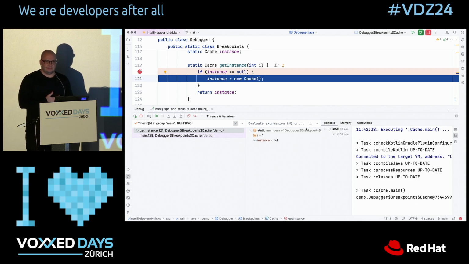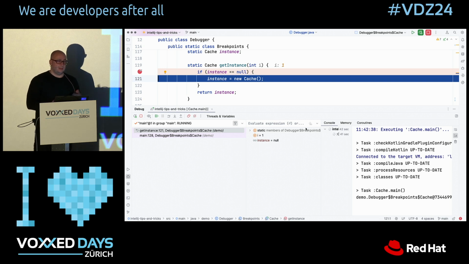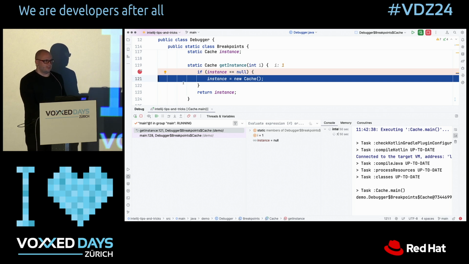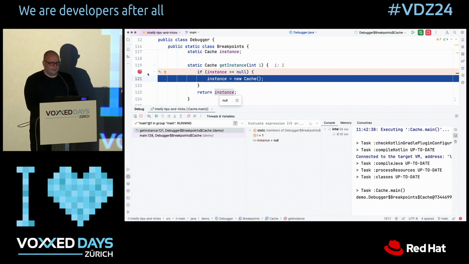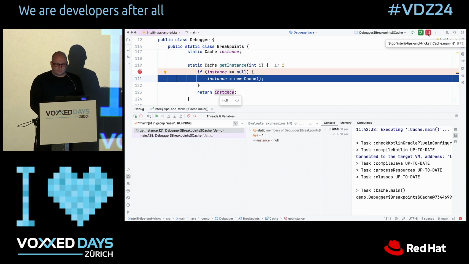But it can be tedious to do that all the time. You can actually automate it without having to stop at that breakpoint every time. That obviously could be useful if you cannot change the source code, if you are debugging a library or some code that you don't want to change only for debugging. So what we can do here is,